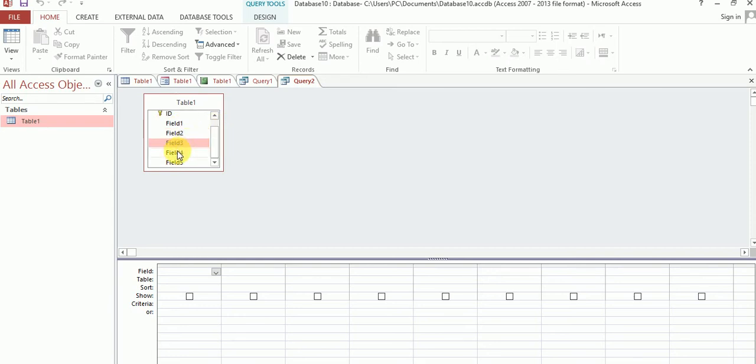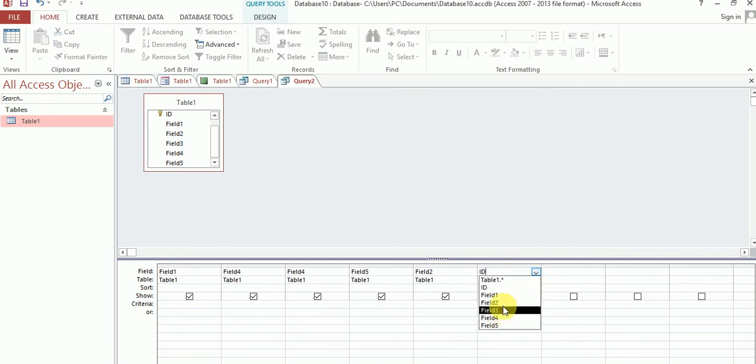Okay, field 1, you can see query, suppose field 1, field 4. I want to select this field 4, field 5, field 6, and ID. Okay, so you can see, also you can change it.